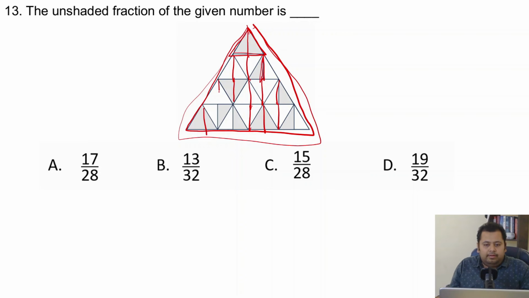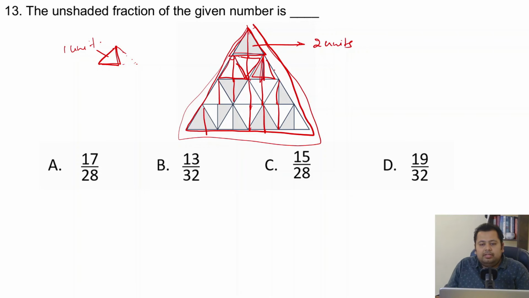Great. So I think I've cut all the triangles into half. Let's now find out how many halves of triangles there are. So as I said, one half of a triangle is one unit, correct? So let's see how many units there are. In this triangle, there are two units, this first top part. Here you have two more units. Here two, and here 2, right? So there are 6 units here, right?